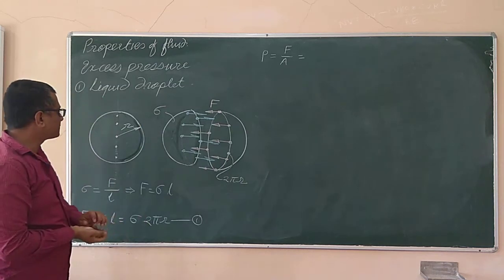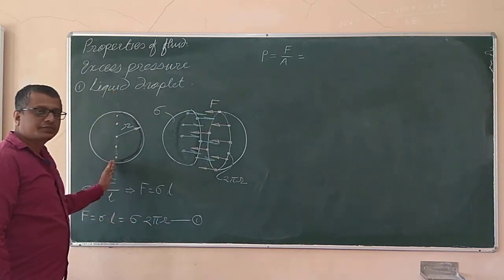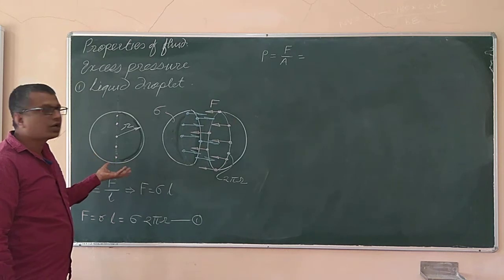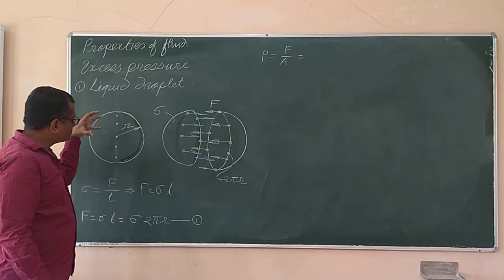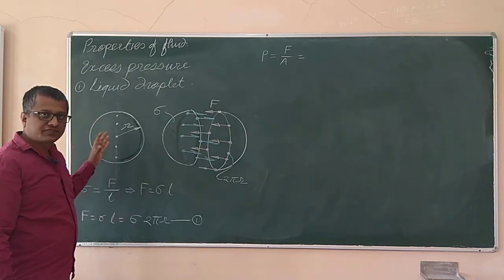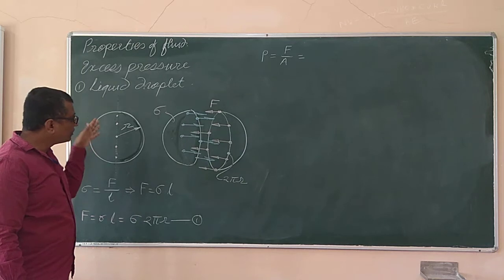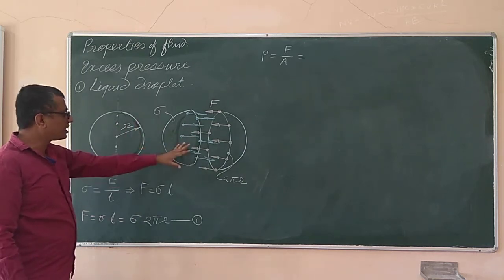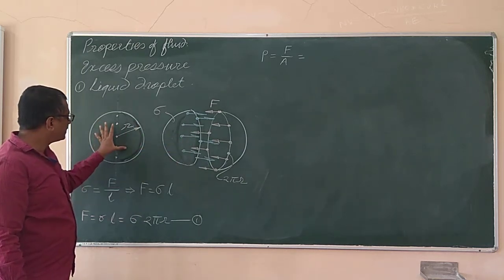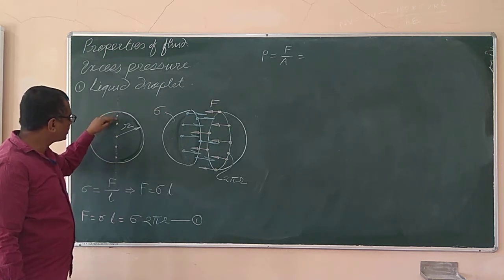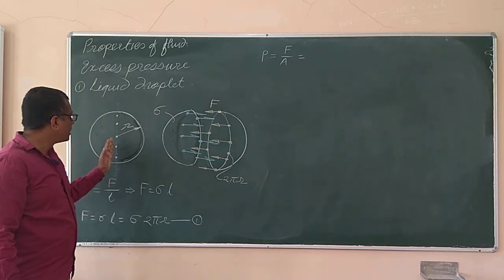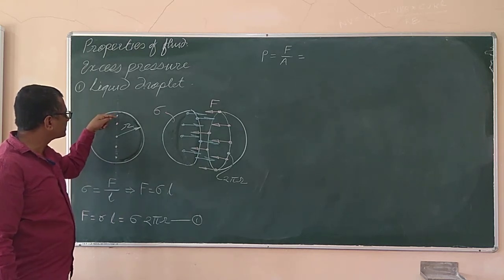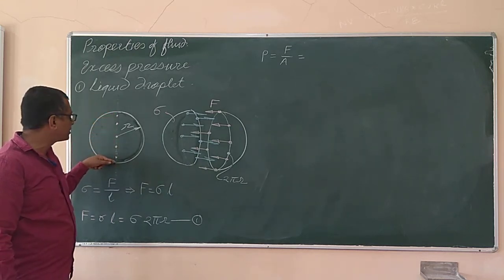What I have explained is, I told you to cut this hemisphere into two equal parts, but physically we are not doing so. The liquid droplet is there as it is, in the form of a sphere. Even if you do not separate these two parts, in complete spherical form, if I take an imaginary plane cutting the sphere into two equal parts, wherever the cutting plane intersects the outer surface of the sphere,